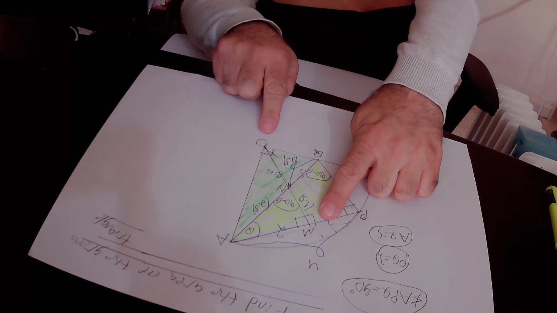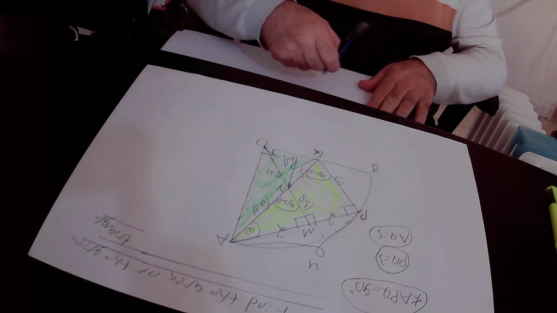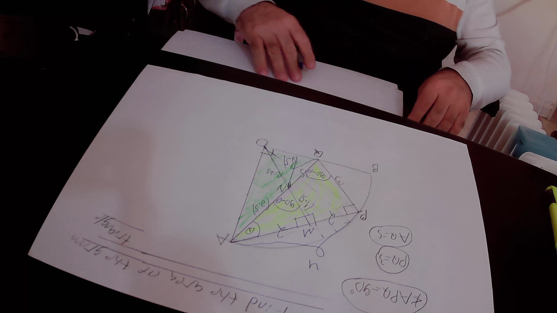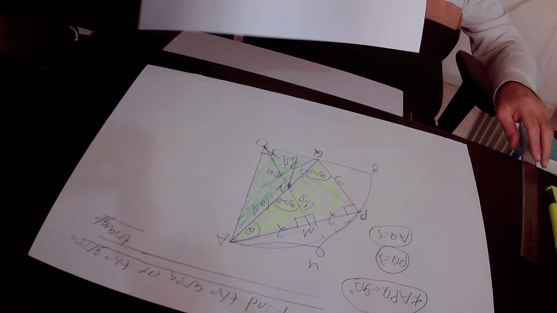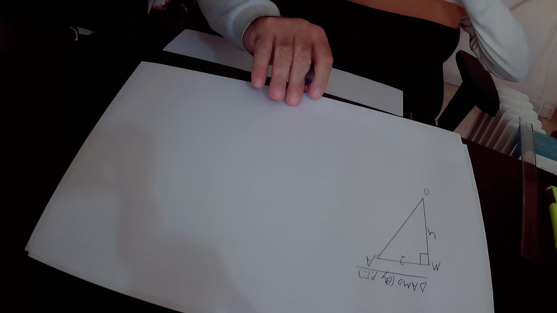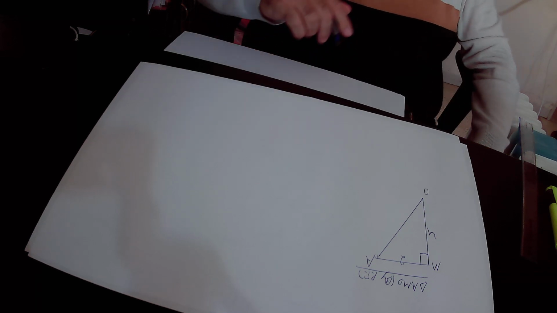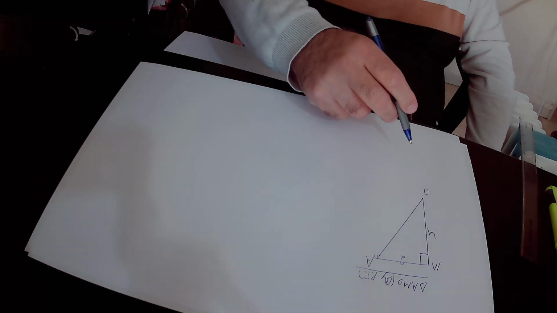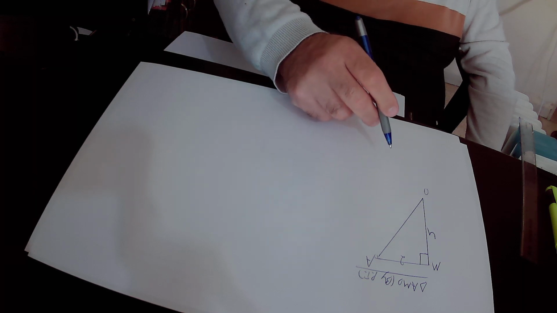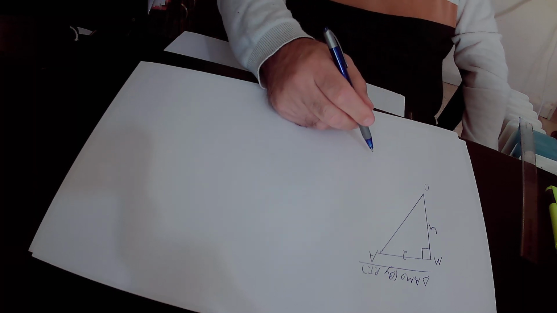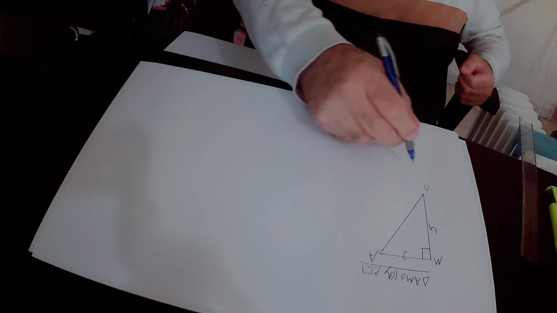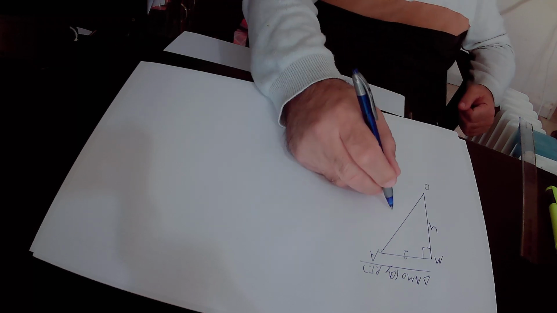So MO equals MN, that is 1.5, plus NO, that is 2.5. In total, MO equals 1.5 plus 2.5, this is 4. So actually, this is the right triangle AMO that I copied from the original drawing. MA equals 2, MO equals 4. According to the Pythagoras theorem, in this right triangle, AO squared